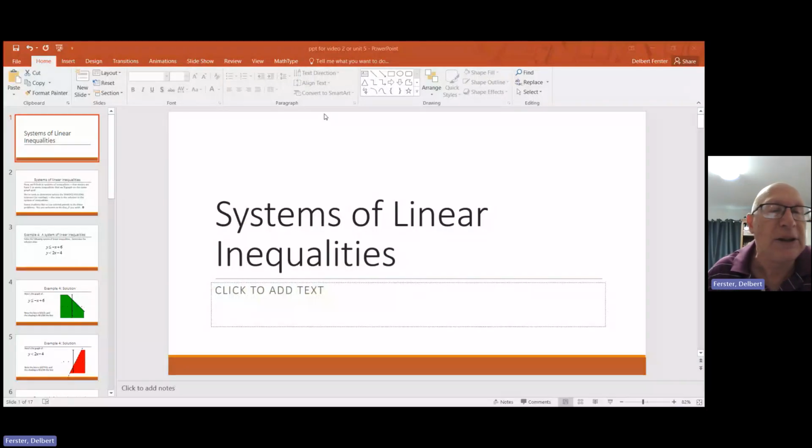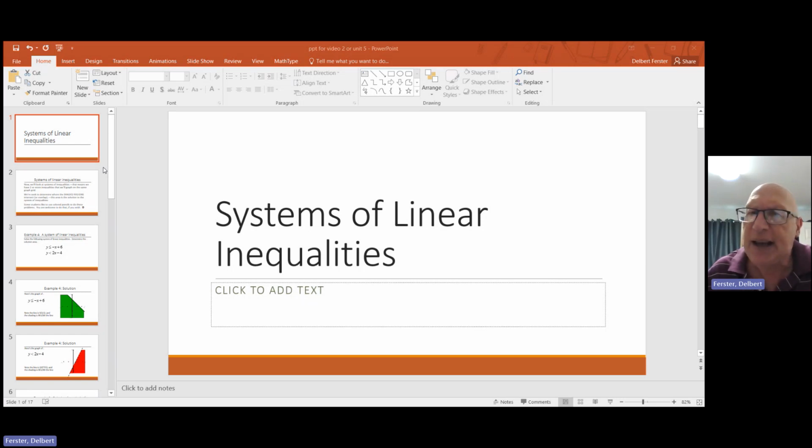Welcome back. It's time for video 2 from Unit 5. We're going to build on the skills that we learned last video, where we basically looked at the notion of graphing a linear inequality, paying attention to solids and dotteds and shadings and aboves. And we're going to work our way towards systems of inequalities, wherein the goal becomes to find what part of